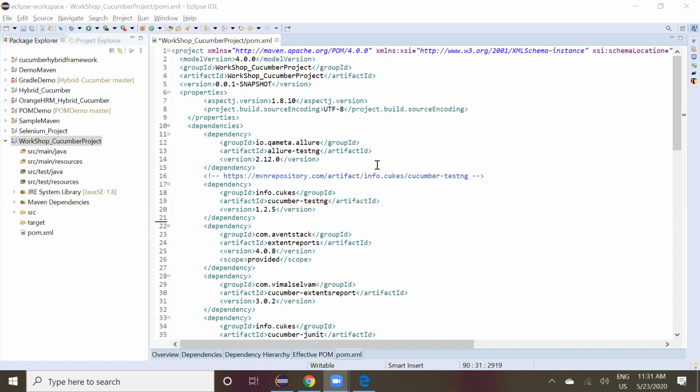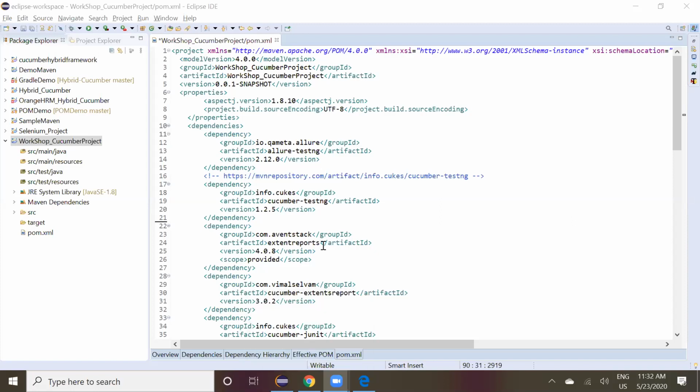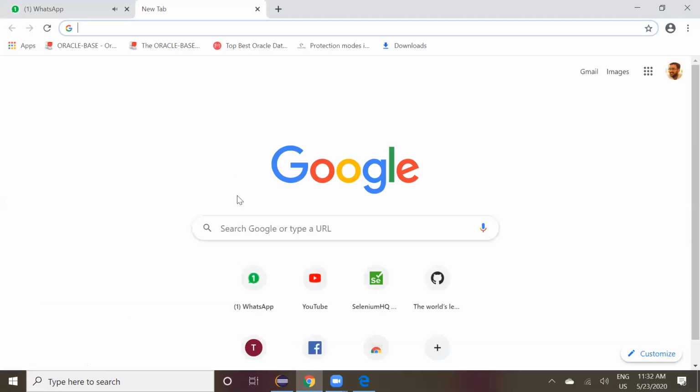Okay, we are done, right? We'll move to the next slide. Since we are dealing with TestNG, can you show them how to download TestNG first? I think most of you know TestNG, right? Guys, can I have a quick guess? Yes, you all know, right? No need to go for TestNG. We'll go directly to Cucumber.